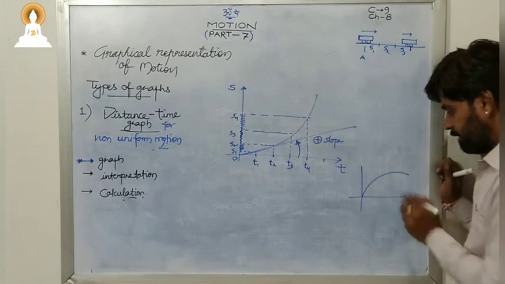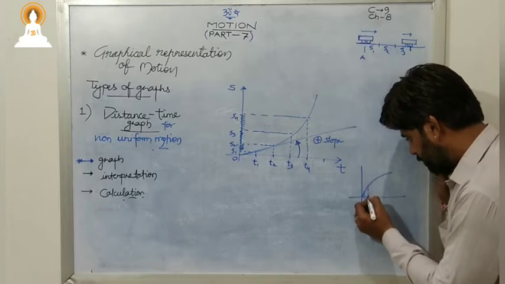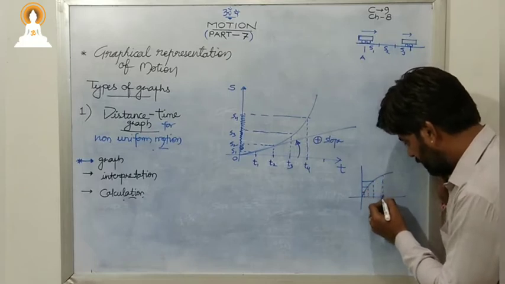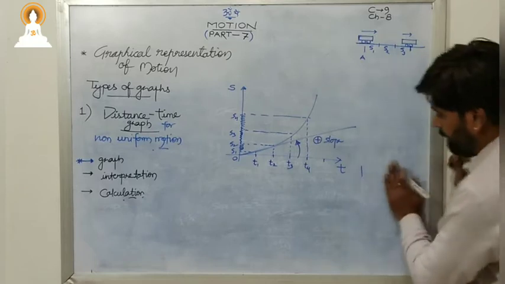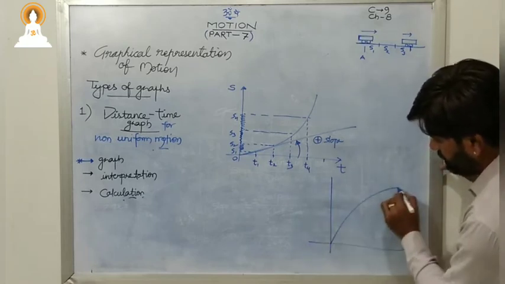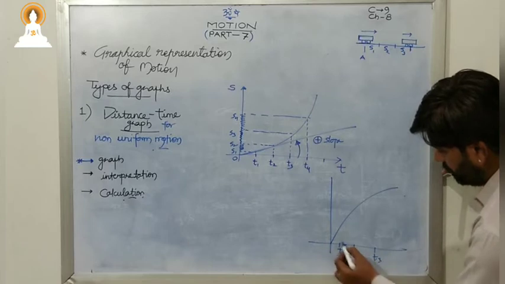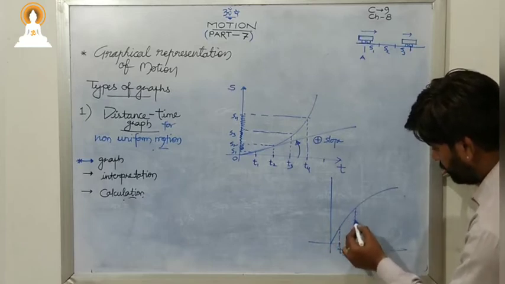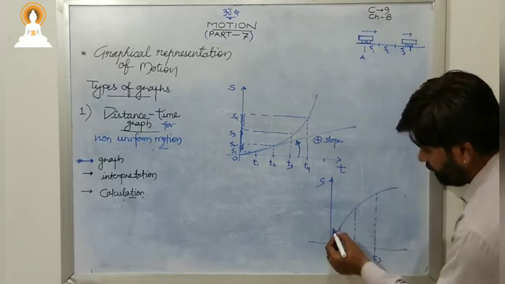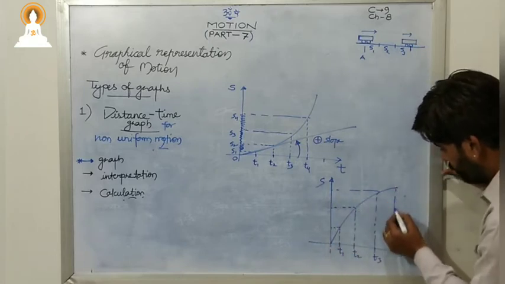Suppose now the graph is like this. Again the same thing is there. Here we have times 1, 2 and 3, and then suppose this is 4. Let me draw the graph like this. Suppose this is T1, this is T2, this is T3. For T1 we have this, for T2 we have this, for T3 we have this, and according to that, if we calculate S, this is S, this is another S, and this is another S. If I take one more, that is T4.